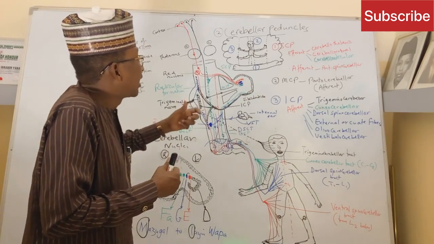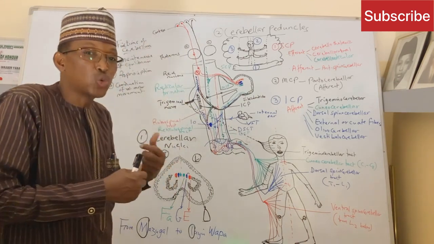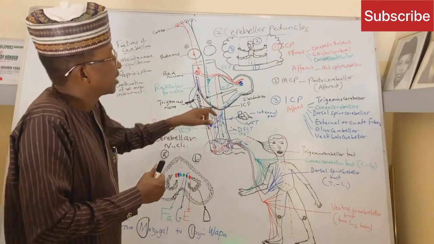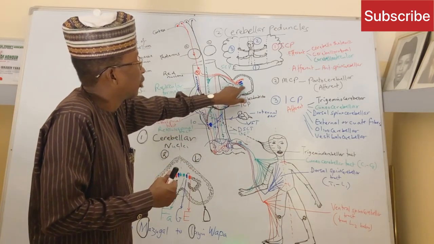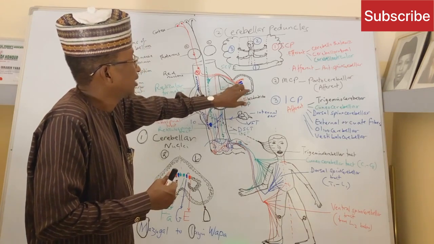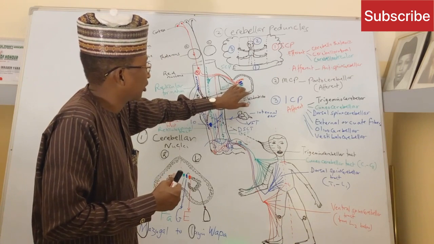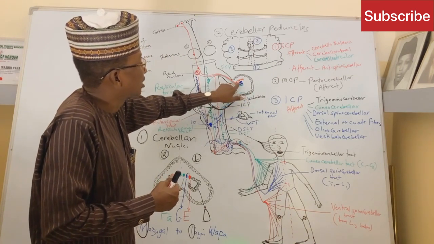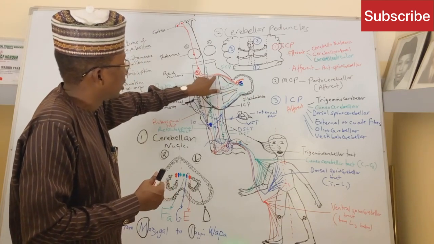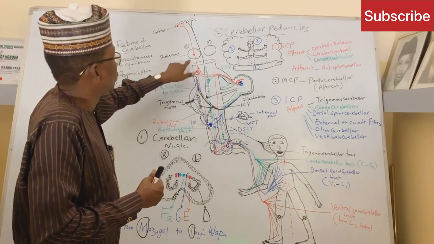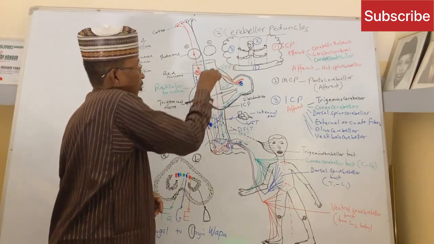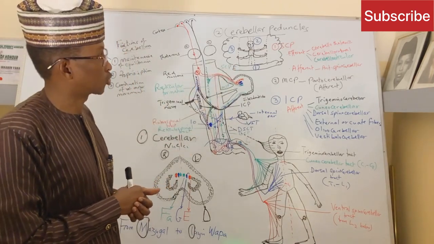precisely tell the cerebral cortex the actual motor movement that is going to be done. After the cerebellum has already calculated the exact motor movement that is supposed to be done, the information now passes out of the cerebellum as a feedback mechanism from the cerebellum down to the cerebral cortex. And that is the essence of the superior cerebellar peduncle. So we have what we call